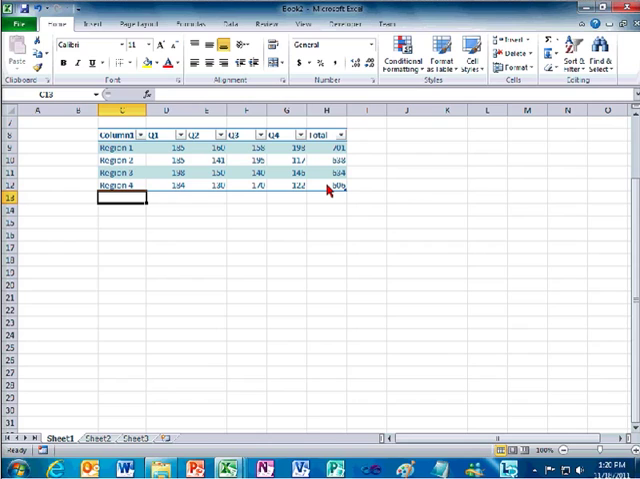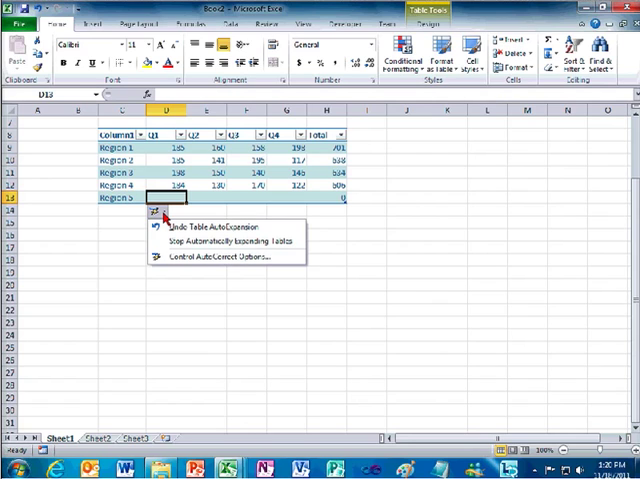It's a huge time saver, especially, again, imagine if you're working with a large data set, and it's going to add that automatically. Let's say I've got a fifth region that I want to add, or I've just started this table and I've got a ton more data to add to it. As soon as I start typing, move to the next cell, it adds a new row, it adds the formatting,